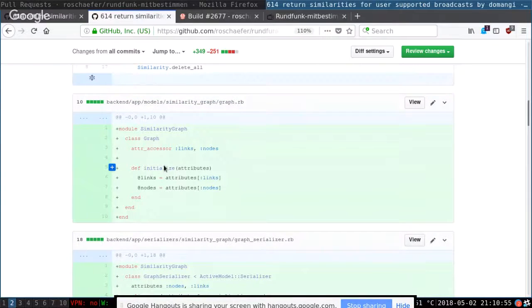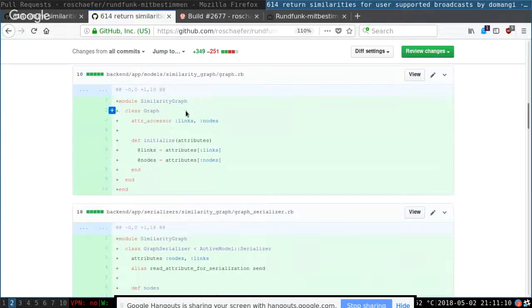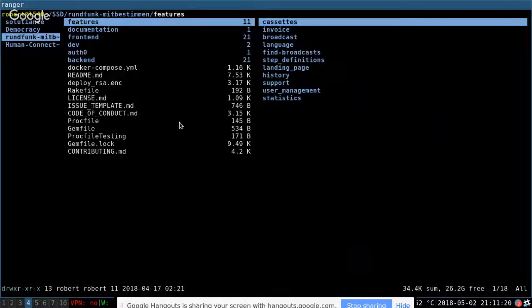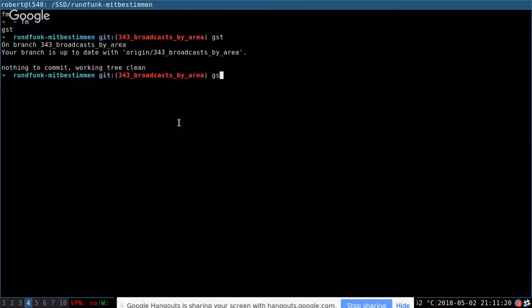Makes perfect sense. So this is a new model. It doesn't have a table, does it? No, it doesn't. We could make it explicit so we don't mistake it for something. So if I say similarity graph : graph dot all, it would give me probably a no method error, right?